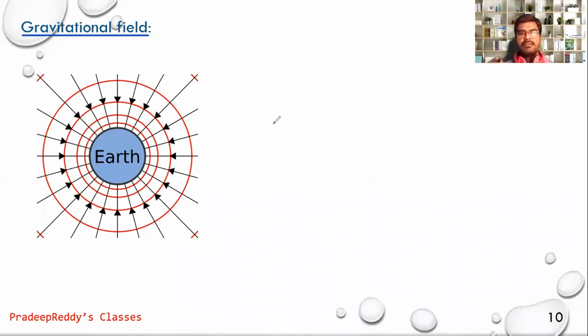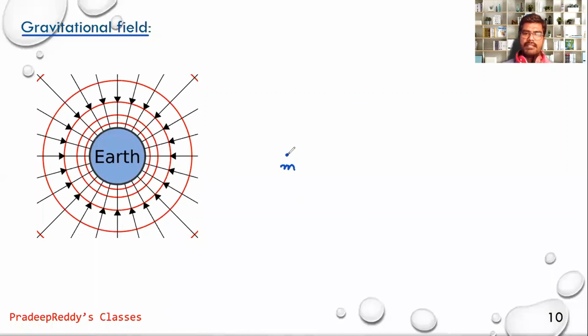Likewise, gravitational field is the other concept which is to be learned in the gravitation chapter. Let me explain what is meant by gravitational field now. Let us take Earth. As we know, Earth itself is a huge mass. Earth will be pulling all the masses towards its center. So when we are dealing with gravitational force acting between two masses, that is Earth and any other mass, I am considering one mass here. This is one smaller mass here.